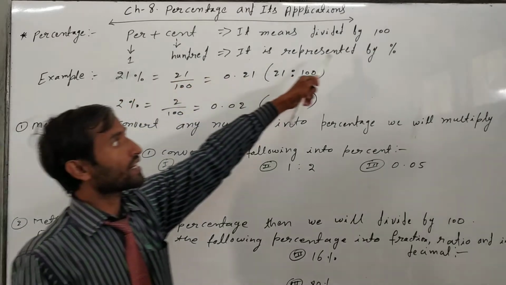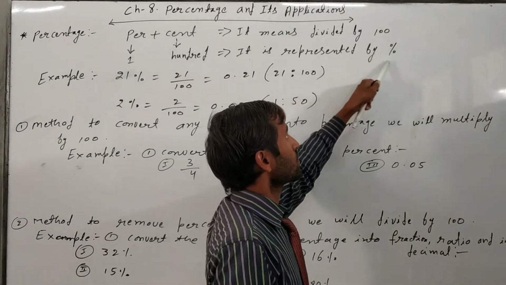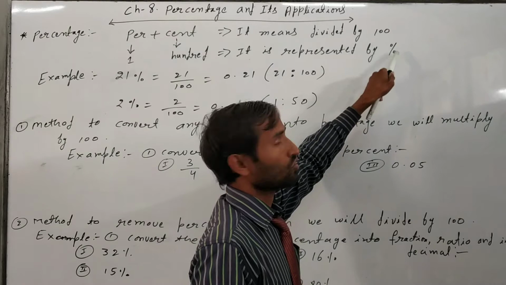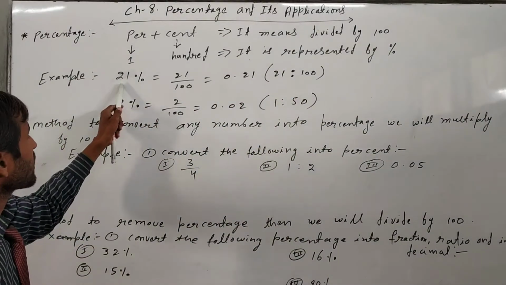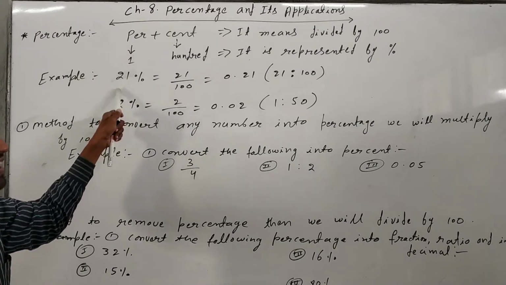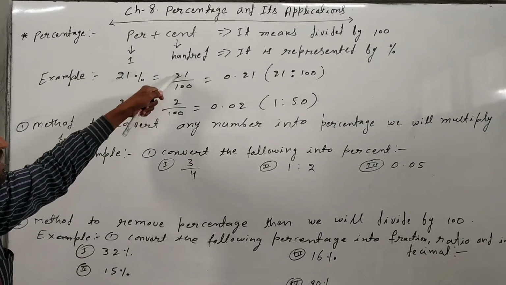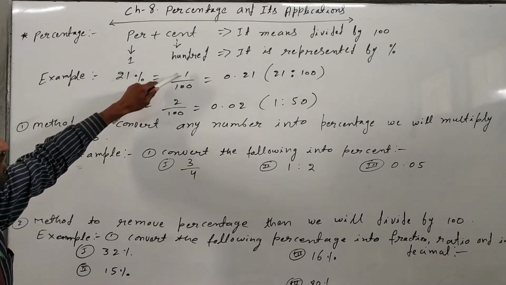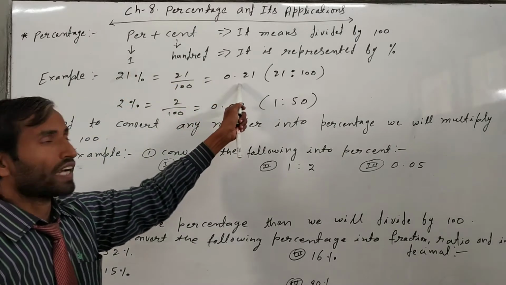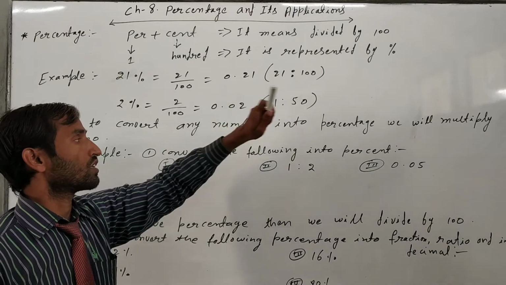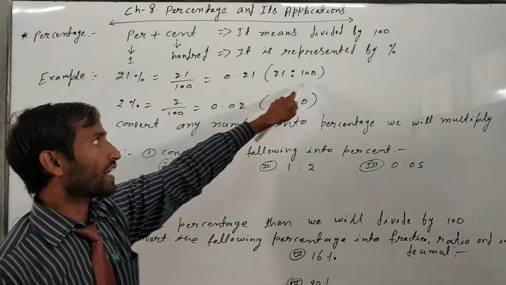It is represented by this symbol, the percentage symbol. So 21%, we can write like this: remove the percentage, 21 upon 100. This number we can represent as a decimal also, 0.21,